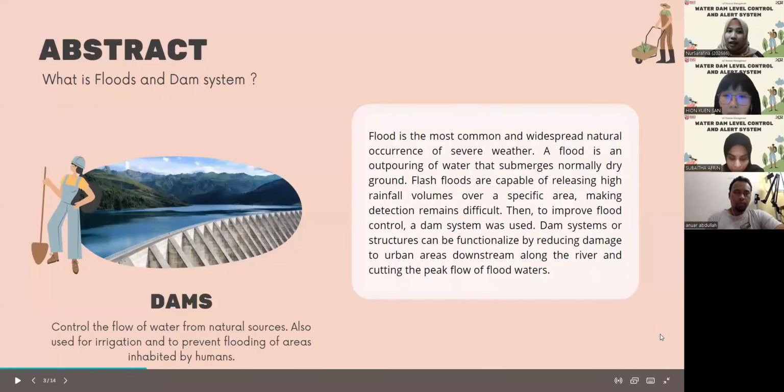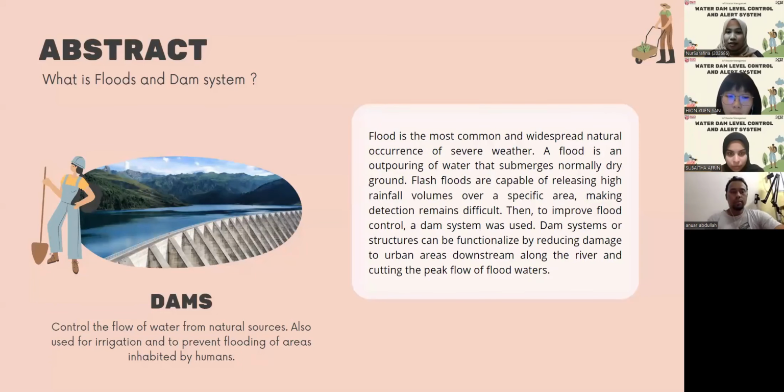So what is flood and dam system? Flood is the most common and widespread natural occurrence of severe weather. A flood is an outpouring of water that submerges the ground. Flash floods are capable of releasing rainfall volume over specific areas, so making detection remains difficult. Therefore, to improve flood control, a dam system was used. A dam system can control the flow of water from a natural source, and is also used for irrigation and to prevent flooding of